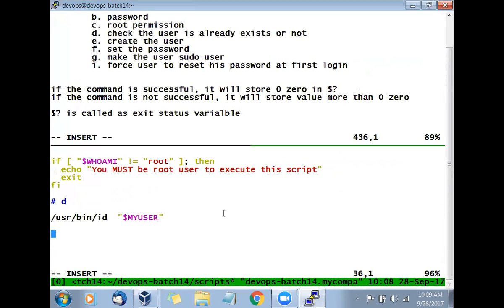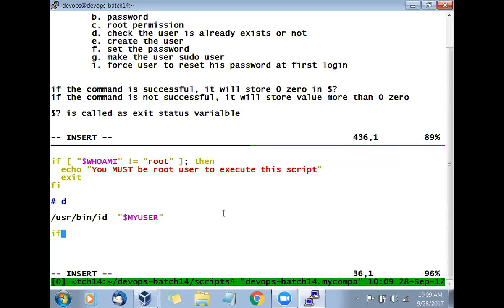Now what are we expecting? Which variable are we expecting to change? When we give this id command, which variable is expected to change? $?, right? We are looking for $? because how do we know whether it succeeded or not? So we have to go with the $?.